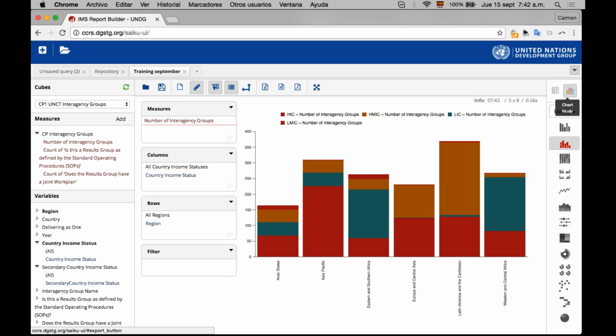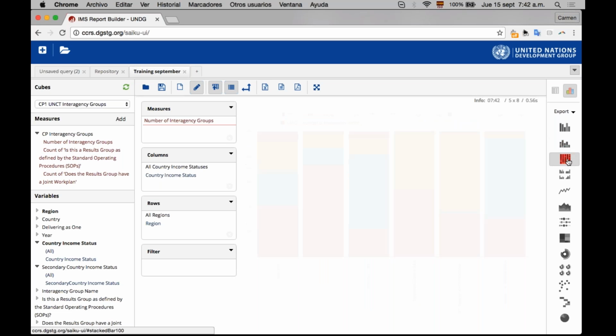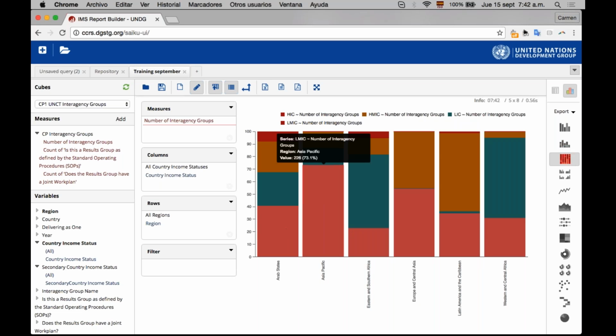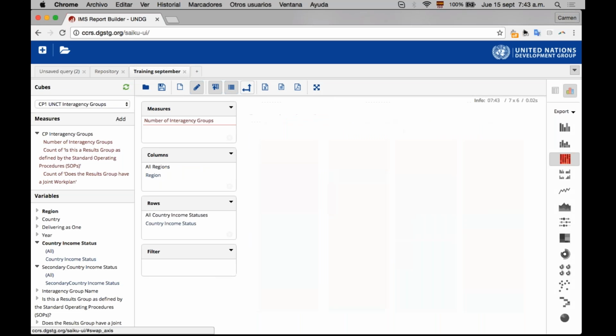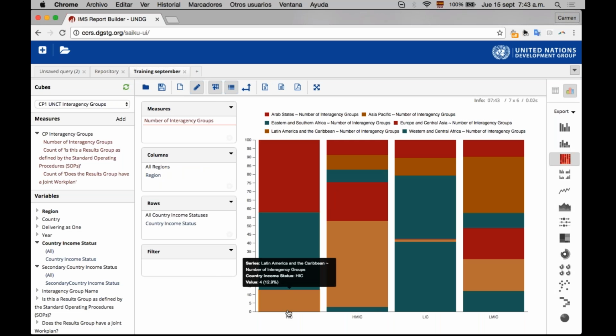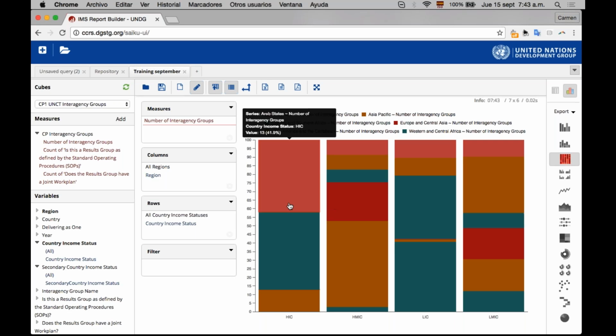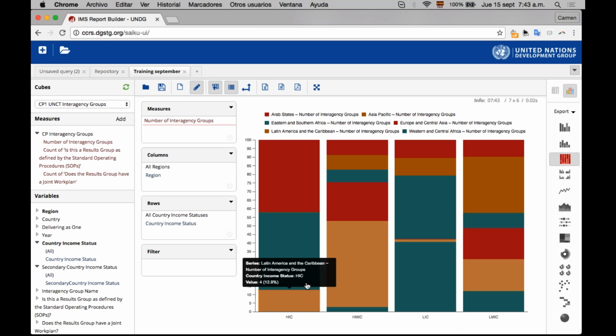So if I go back to graphs, you will see that now the stacked bar allows me to see different elements. I can see for Arab states the number of countries that are LMEC, and the same way this will be visible here. Sometimes it's not very useful the way that it's being displayed because of the axis of the table. So you might be able to change them, and it will allow you to see, for example, by country income status, each of the regions, how many there are.